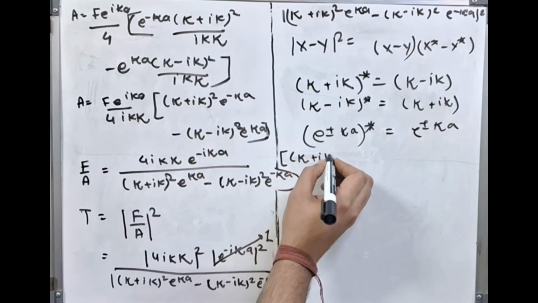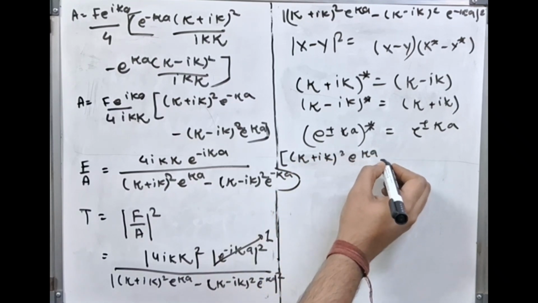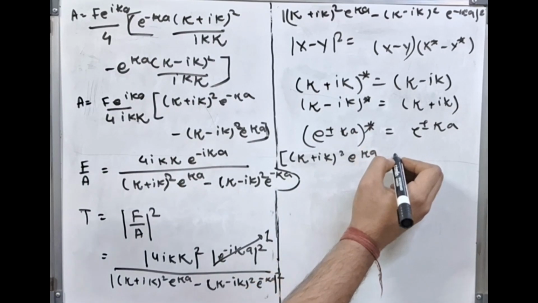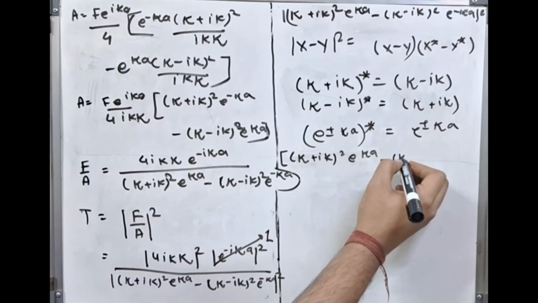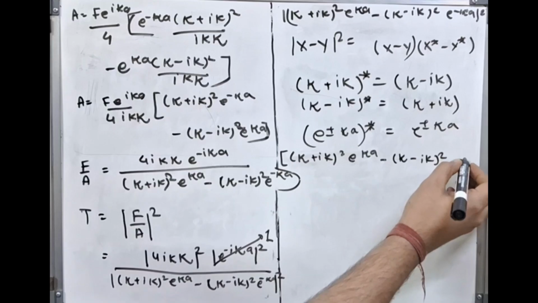kappa plus i k the whole square e raised to kappa a minus, can you see me? Absolutely visible, nothing is visible, minus kappa minus i k square e raised to minus